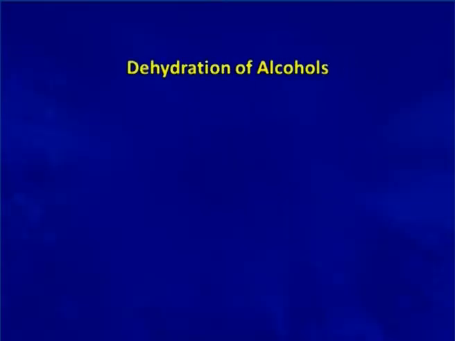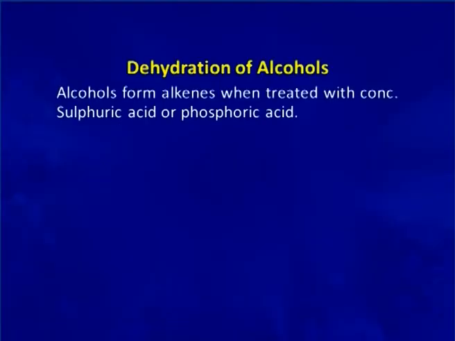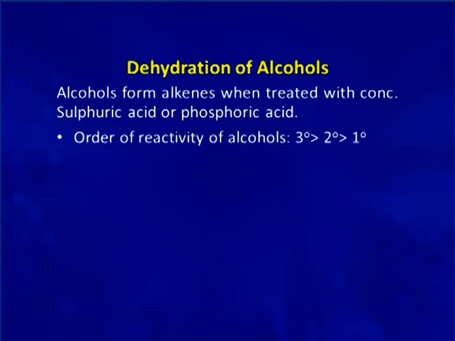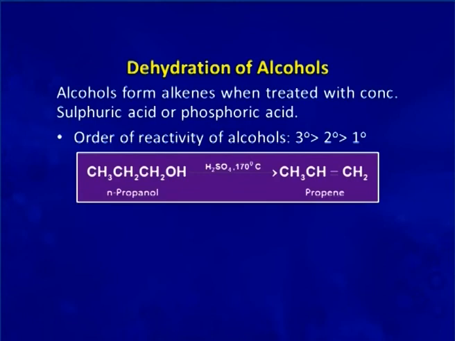We will now discuss the dehydration of alcohol. Dehydration means removal of water molecule from the molecule of alcohol. When water molecule is removed from alcohol, alkenes are formed. Depending upon the nature of alcohol, if it is a tertiary alcohol, the reaction will be fastest, with secondary after that, and with primary alcohol the reaction is slow. This can be seen in the reaction conditions we have shown here.